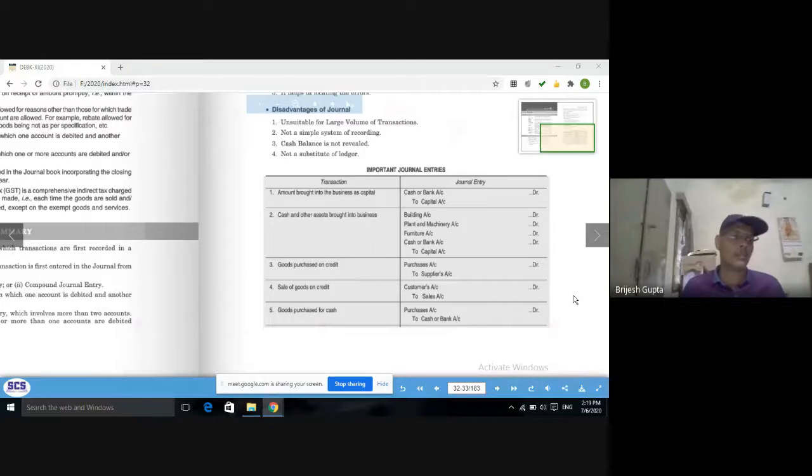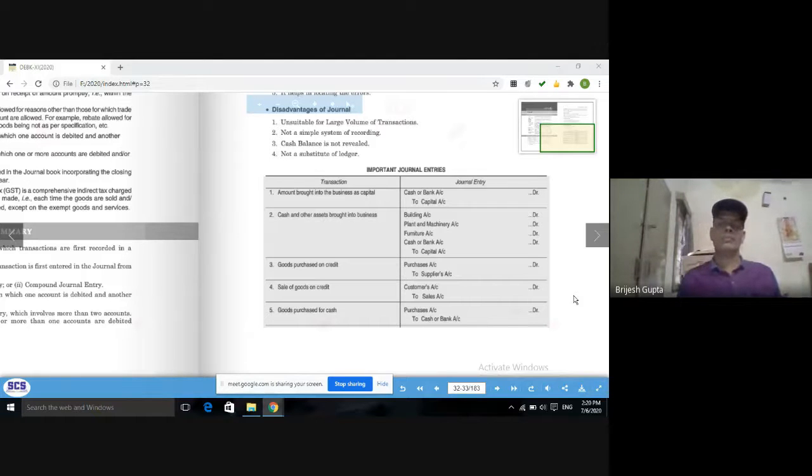Okay, so whenever we purchase goods, there is a difference. Please try to understand. When we purchase assets like furniture, building, machine, then that particular account is debited. Suppose a machine is purchased, then the machinery account will be debited. If furniture is purchased, then the furniture account will be debited. So these are the assets. In case of assets, the account of the concerned asset will be debited. But in case of goods, when we purchase goods or sell goods, we use different accounts. In case of purchase of goods, we debit the purchase account. In case of sale of goods, we credit the sales account.